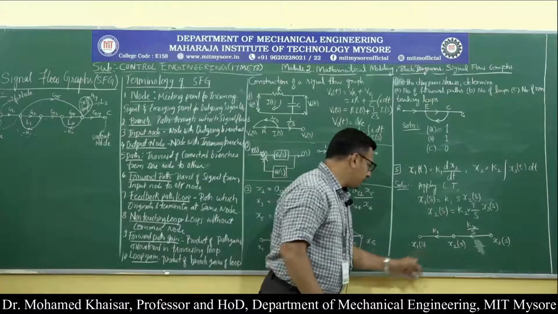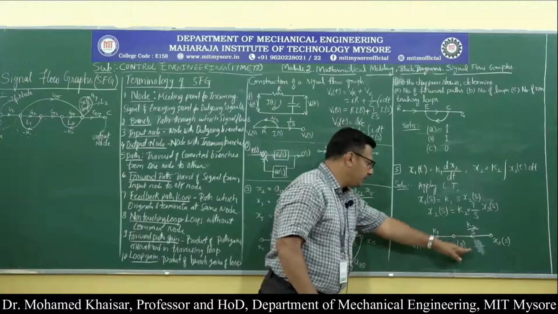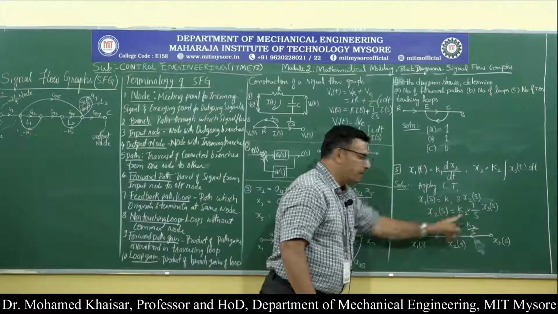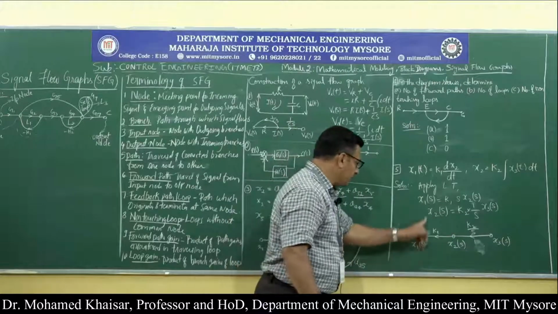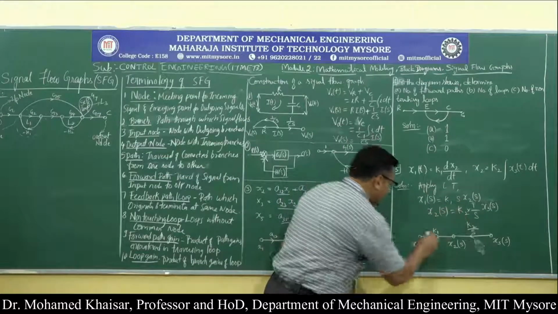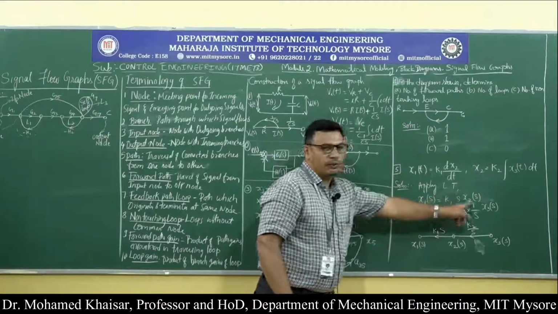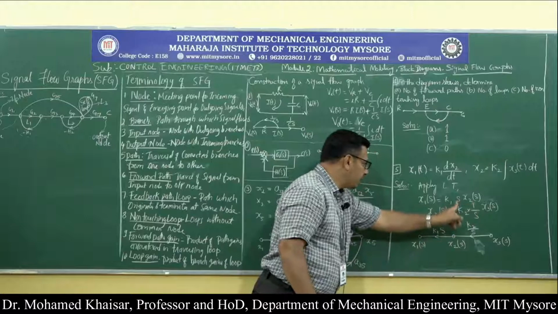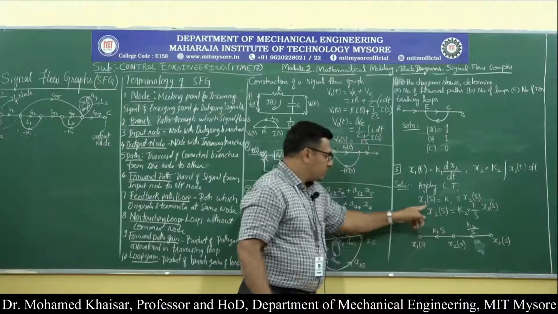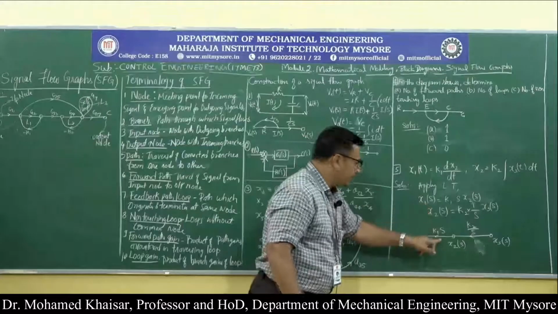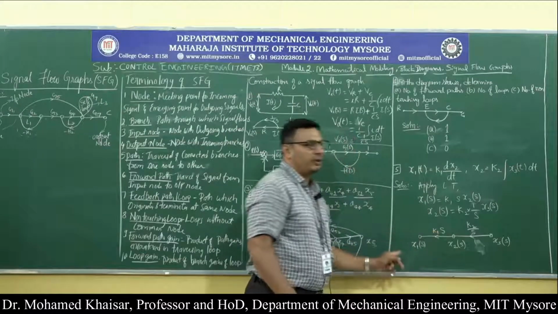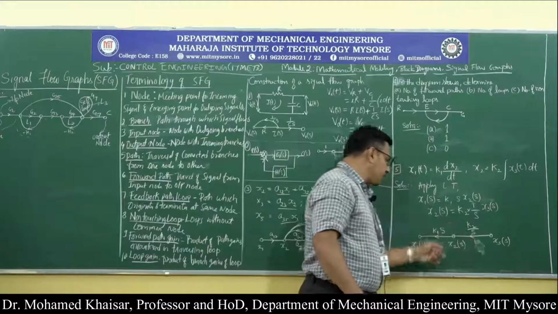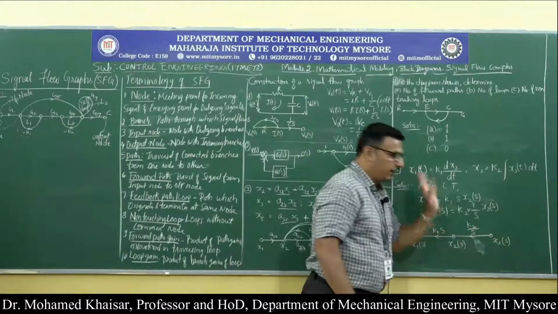Now if you analyze this signal flow graph, it is in relation to the expressions we have written over here. x1 of s is equal to k1 s into x2 of s. So x2 of s is there as it is into k1 s, and since we are illustrating the value of x1 of s in the signal flow graph, the direction will be towards x1. Similarly over here, since we are finding the value of x2, the direction will be towards x2. So x3 of s into k2 divided by s.